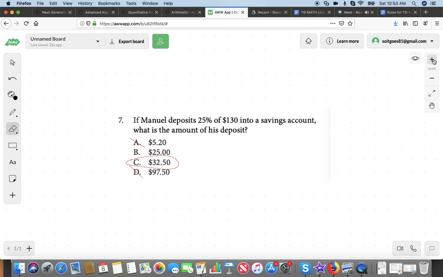Let's find 25% of 130. Again, if you want to find the percent of something, just multiply by the percent. What's 25% as a number? What does 25% equal? It's going to be a decimal. Remember, it's just 25 divided by 100. 25% is 25 divided by 100. So what's that? 25 divided by 100 equals